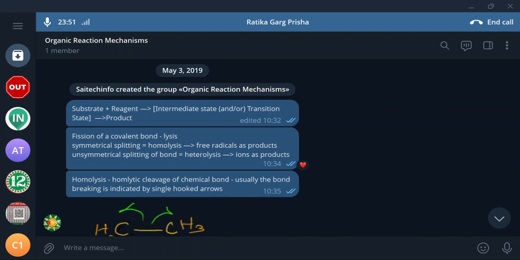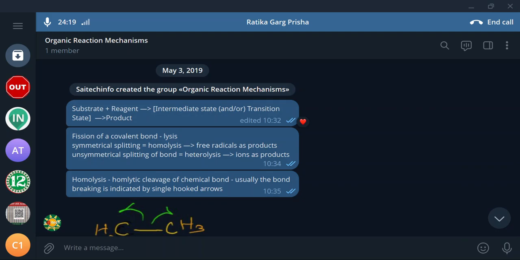For example, cleavage. And in any reaction, when I say chemical reaction, how to represent a chemical reaction? You will put A plus B gives C plus D. And gives means that is indicated by the arrow mark, which indicates the reaction condition. Is it not? And sometimes it takes some intermediate state also. So look at this. For example, you have got some substrate and that is going to react with another substrate, and that is called reagent.